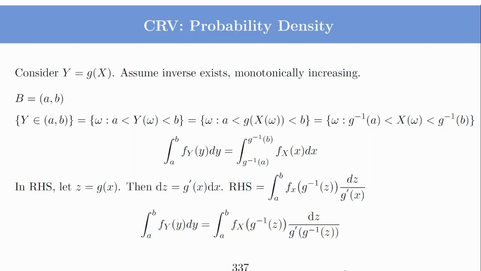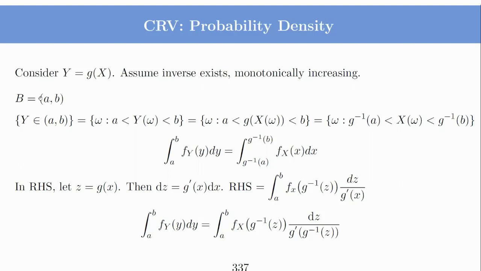So to see how we can get this, we will start with a simpler case. Let us assume Y is equal to g(X), where g is a monotonically increasing function and its inverse exists. Monotonically increasing means it can be like x square or x cube, or linear functions. So this g is a general function which is monotonically increasing and whose inverse exists. For these functions, if I apply this to random variable X, what will be the density of Y?